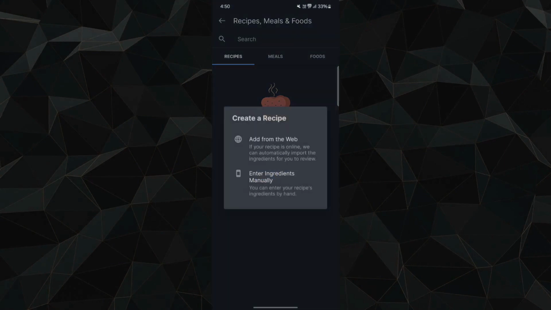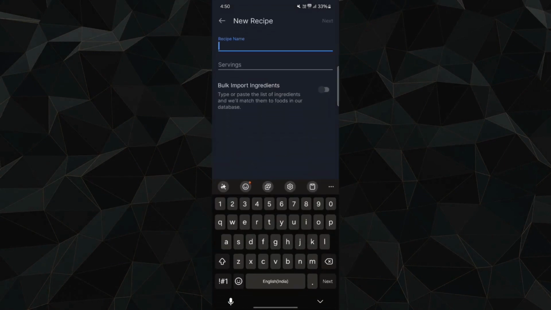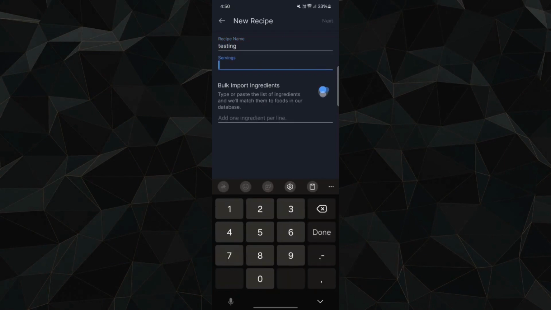Basically, you have to select over here how you want to create a recipe. You want to add it from the web or you want to enter the ingredients manually. After that, give that recipe a name. For example, we can just give it here right now, testing, and then you can write the serving options here,